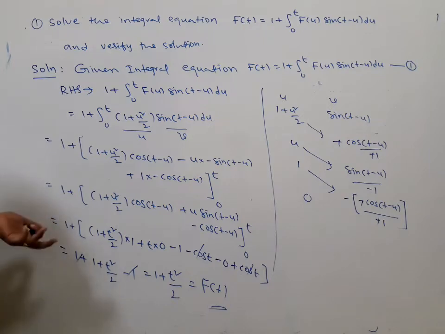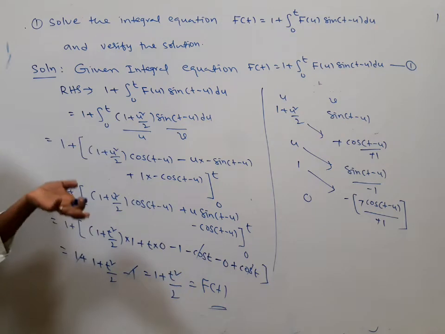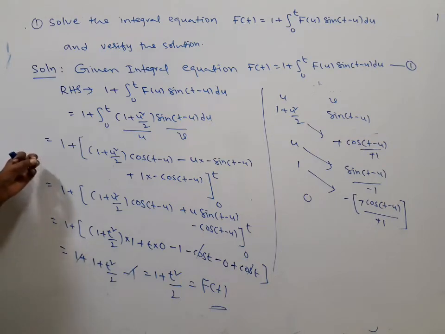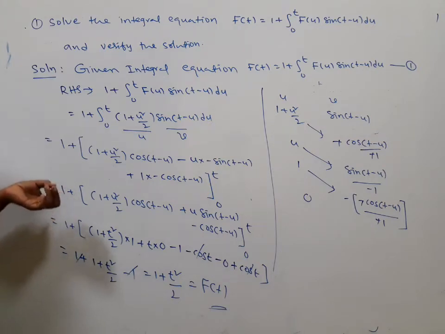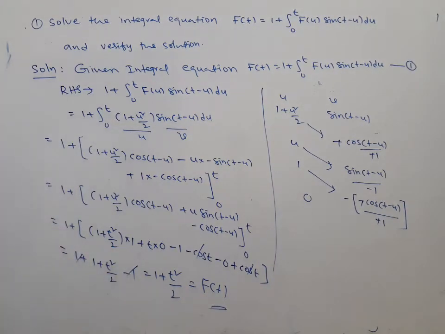What is the reason for verifying whether the solution is right or wrong? If you go for the new method, compared to the several methods we have for finding the solution of the integral equation, in that, here we are choosing the Laplace transformation method to find the solution. The solution is correct, the solution is satisfying the given integral equation. This is the problem. Next,